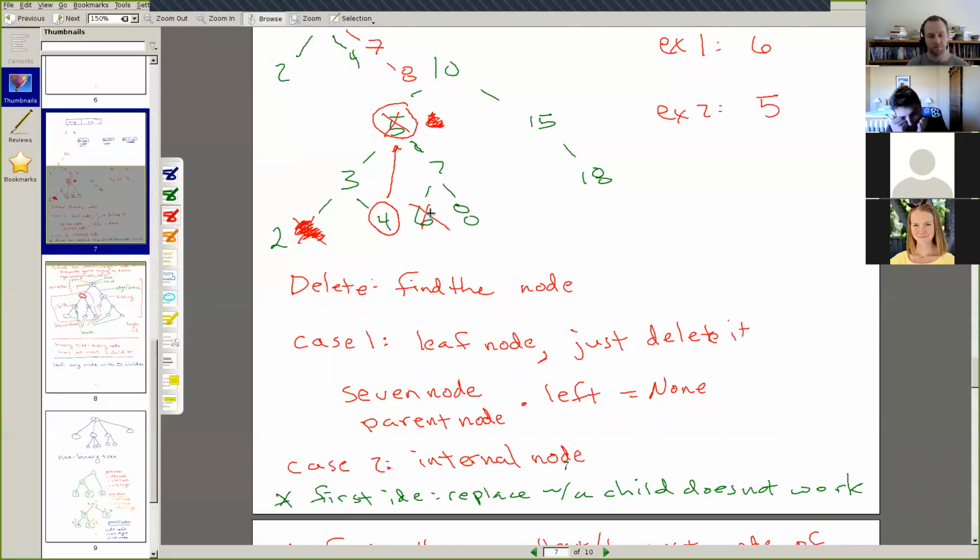So here, if this 6 was still a valid node, sorry, the 6 is not a valid node, and so the smallest value in this right subtree is this 7. And if we tried to delete this 7, it's not a leaf node, so we can't just delete it without consequences. We delete it and move the 8 up.